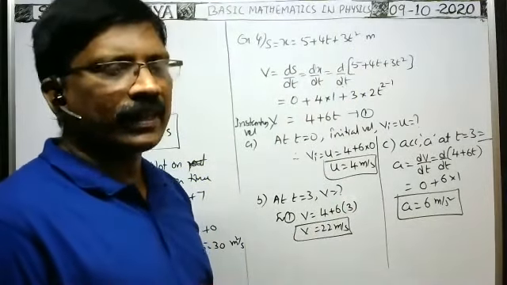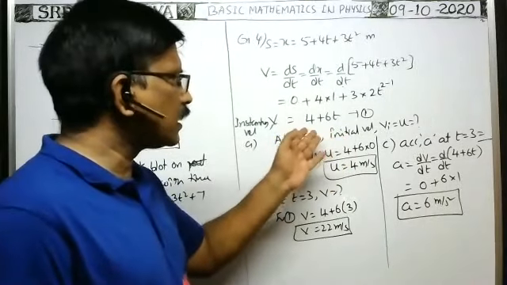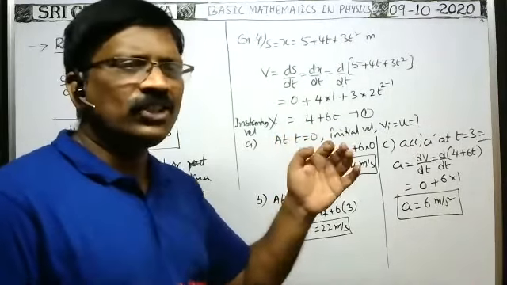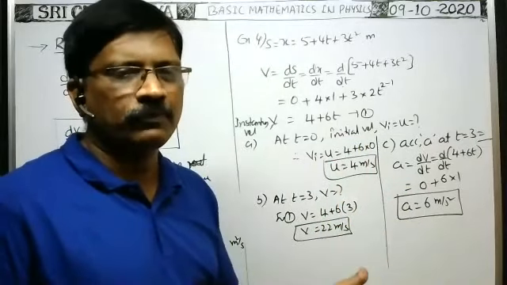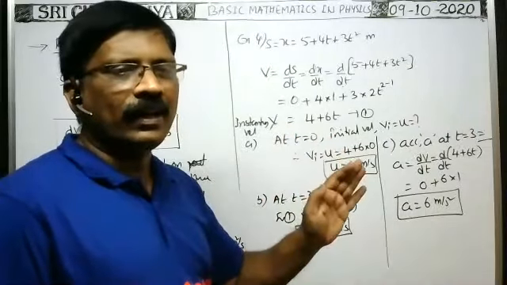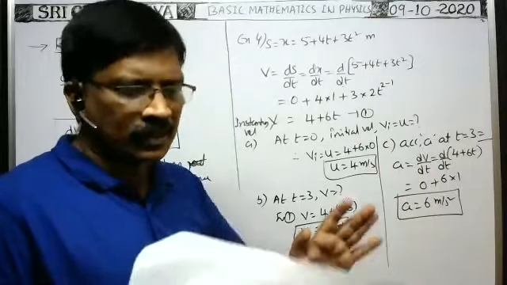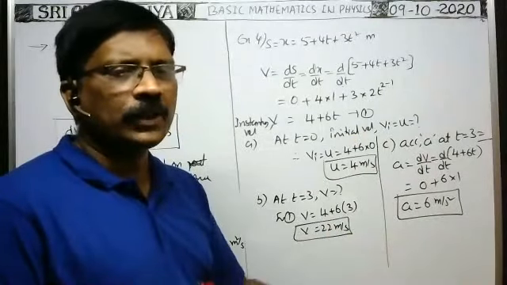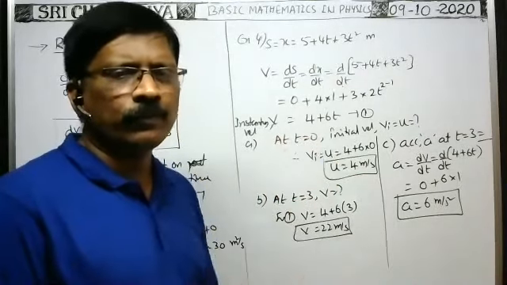Distance traveled in the nth second. Here, why initial velocity? To find the initial velocity, why do you put t is equal to 0? It means initially we consider the motion. At the instant when we consider the motion, there is no time lapsed. That's why I have taken t is equal to 0. Initially, when no time has lapsed, just at the beginning, whatever the velocity, that is the initial velocity. That's why we substitute t is equal to 0.